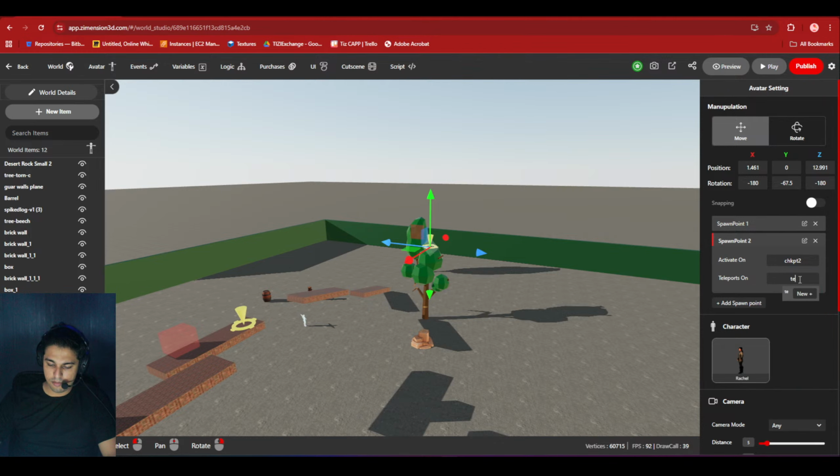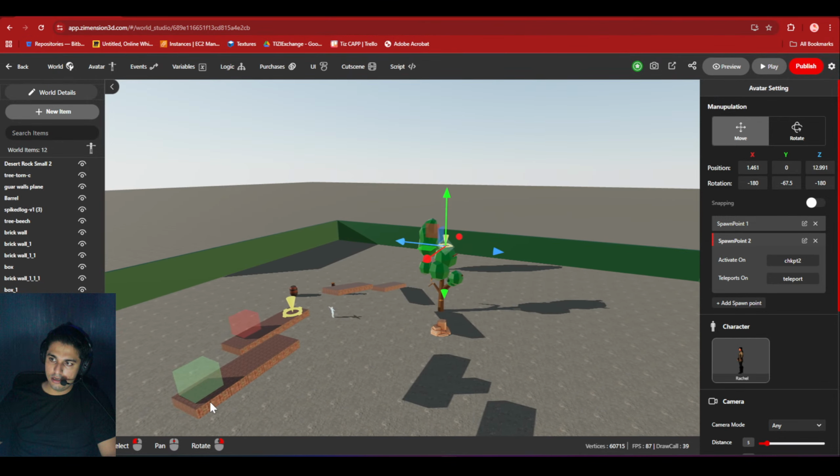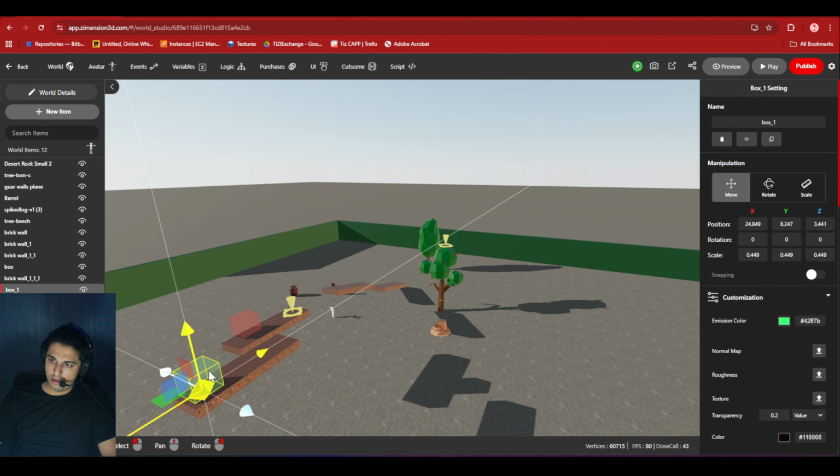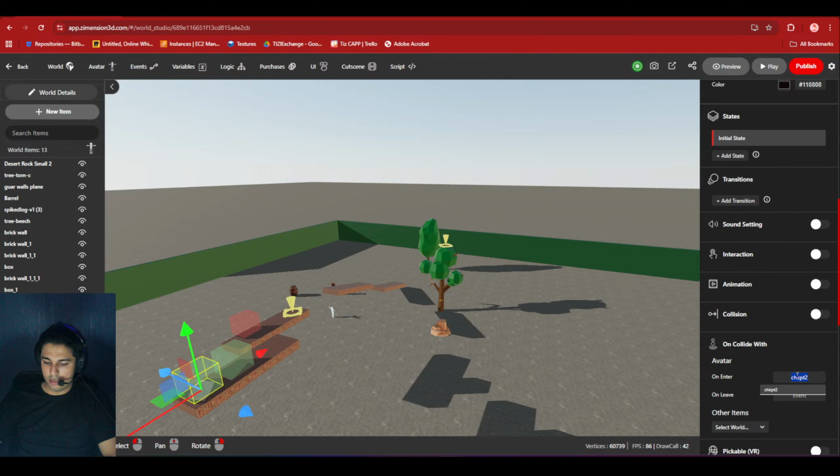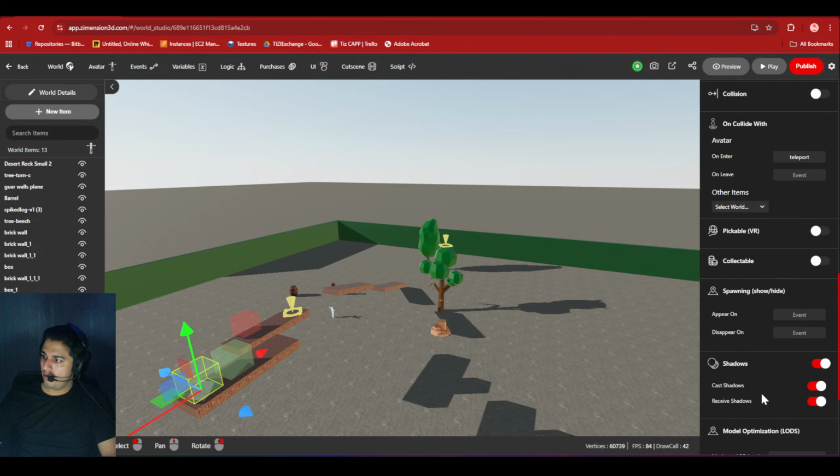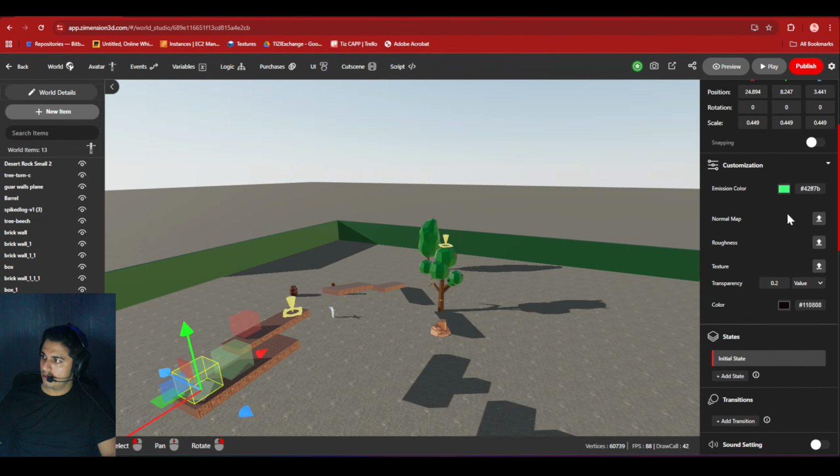Let me teleport. Okay, see, teleport is there, and the teleport should occur when I let me add another collision box. First, I'll move it here. Then this particular box, this will teleport me, and here I will put it as blue color.